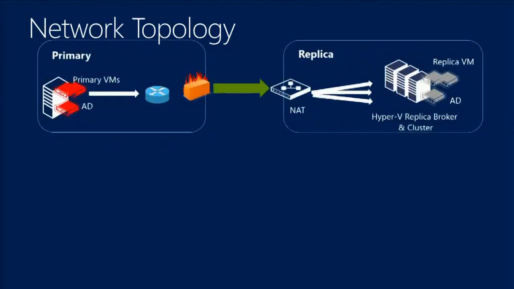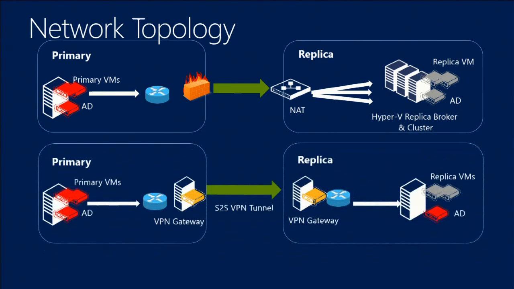So there are two classic ways we can deploy Hyper-V Replica. I'm going to show you both. These are the two classic ways you can deploy your network. The first methodology is making sure that your Hyper-V servers on your replica are publicly routable to the